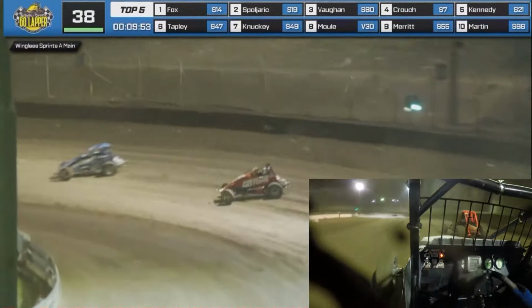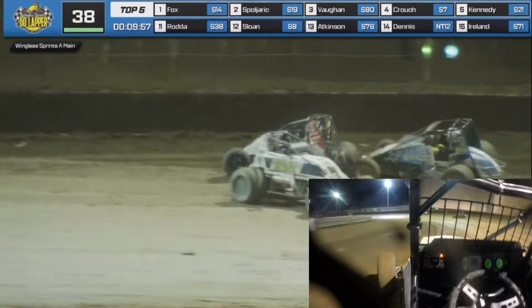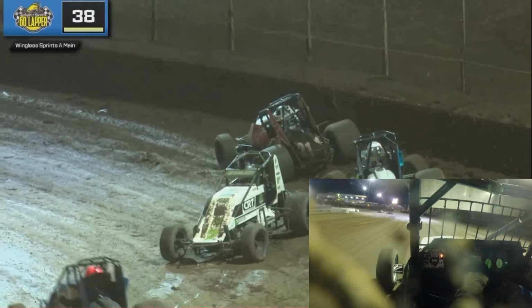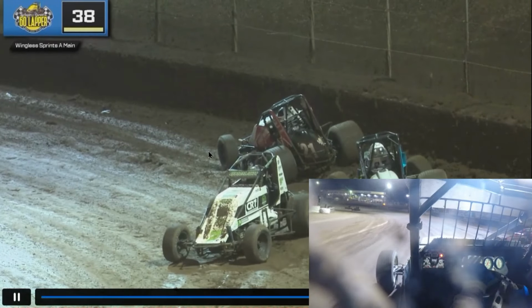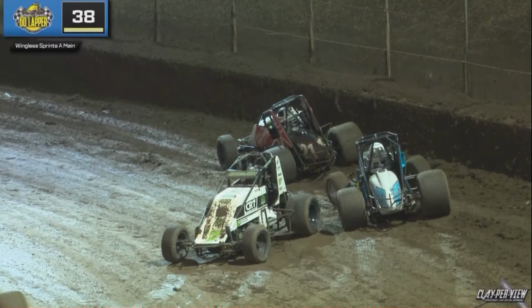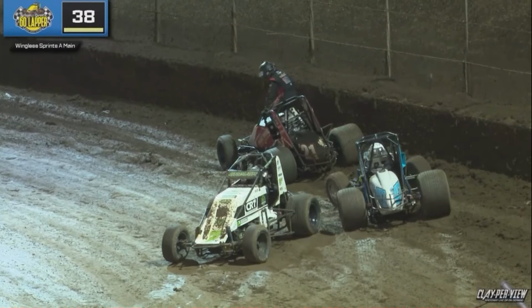Tapley was in a similar position a few weeks back, coming together. Oh, Kennedy trying to hang on. Tapley gets into the back of him. What a shame. Kennedy and Tapley in all sorts of bother, and I reckon MK could have suffered some damage out of this one. In fact,